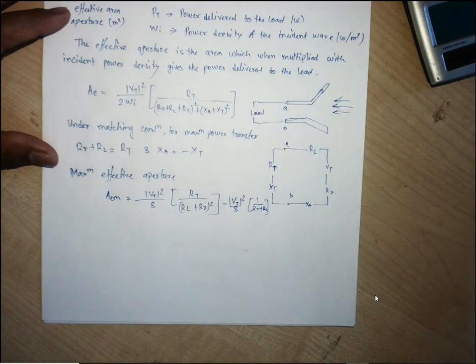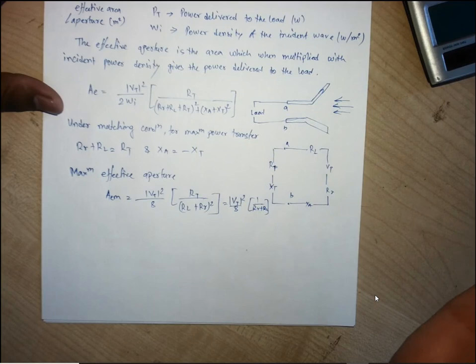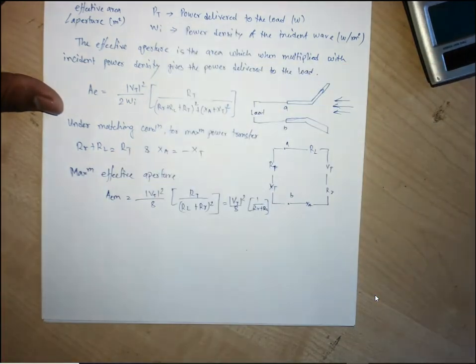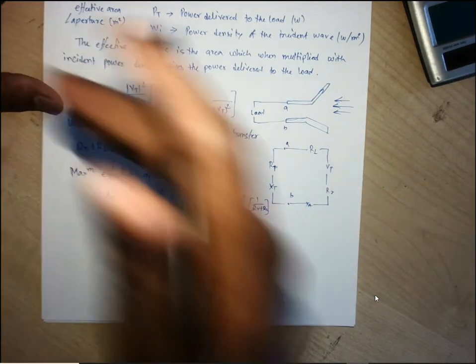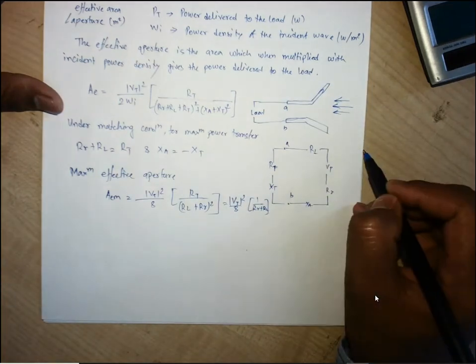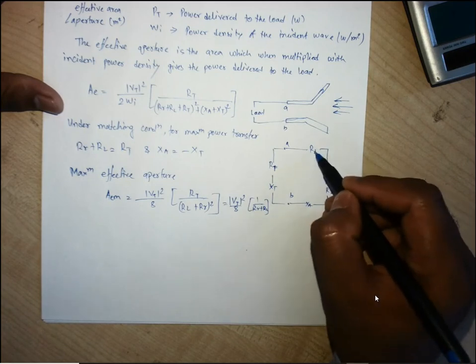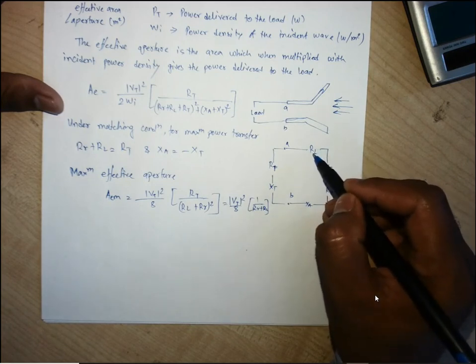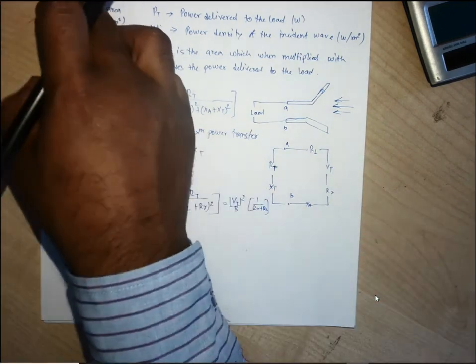So the effective area is the total area we can take into consideration for how much power is captured by the antenna. Out of that captured power, not all of it is delivered to the load. Only half is delivered. The other half is lost due to dissipation and scattering. So that loss is also taken into consideration as some area, and this scattering is also taken into consideration as some area. So we are going to find that out.